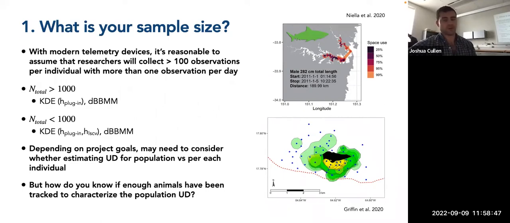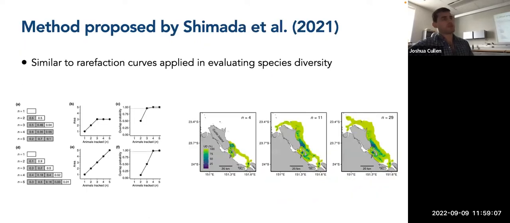So that might be hard to define, especially when people are trying to come up with guidelines for designing a study, how many tags they need to put out, because you may not know how long the tags are going to stay on, how many points you're going to get per individual, where those individuals are going to move. So there are all these considerations. But this recent paper by Shimada and colleagues from last year has this proposed method, which I think is very